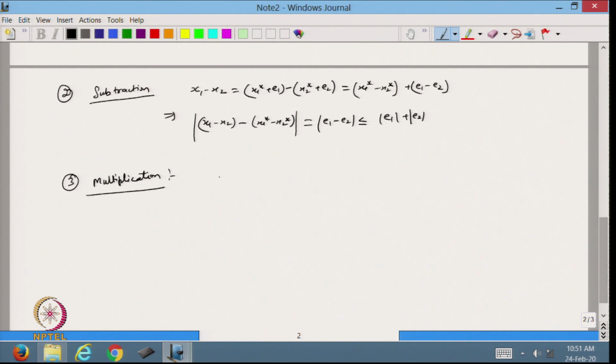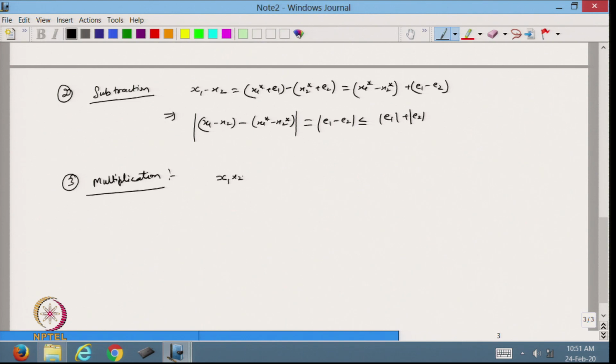So in the multiplication, suppose I want to calculate x1 into x2. So this one we want to calculate, and we want to see how the error will propagate if we multiply the two numbers. So x1 can be written as x1 star plus E1, and x2 star plus E2. If I multiply this, it can be written as x1 star into x2 star plus x1 star E2 plus E1 x2 star plus